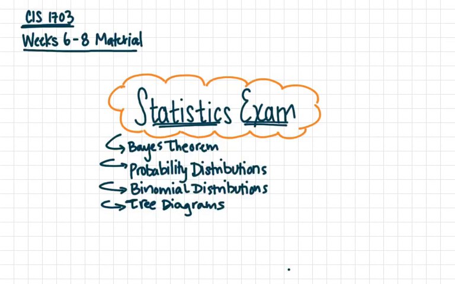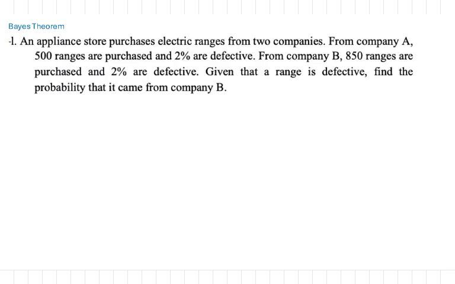Okay, this will be a review of the material we took in weeks 6 through 8. All right, we'll start off with some questions that require us to use Bayes' theorem. I'll read it. We have company A, and some are defective. Company B, another 2% are defective. And then given that we do pick a defective range, we need to find the probability that it came from